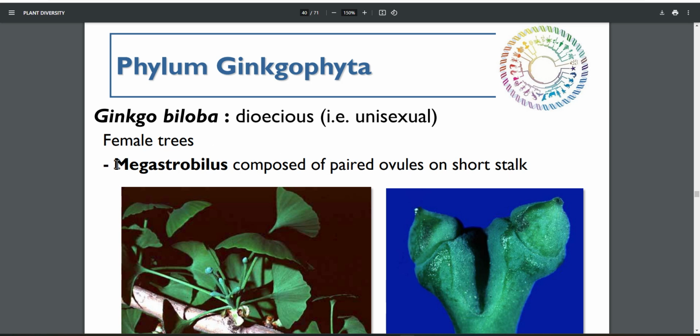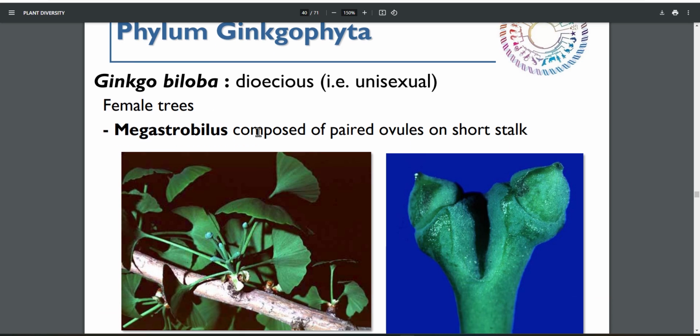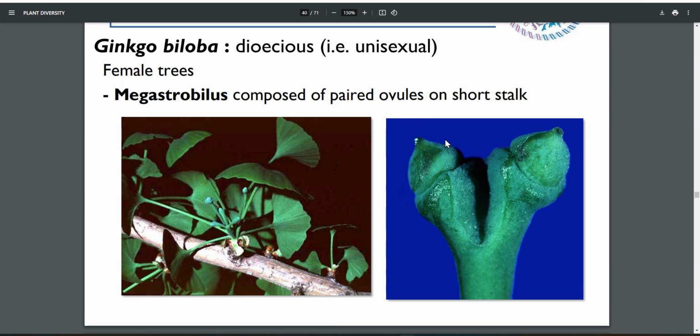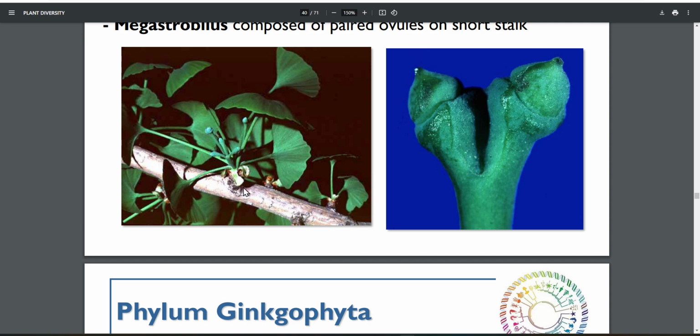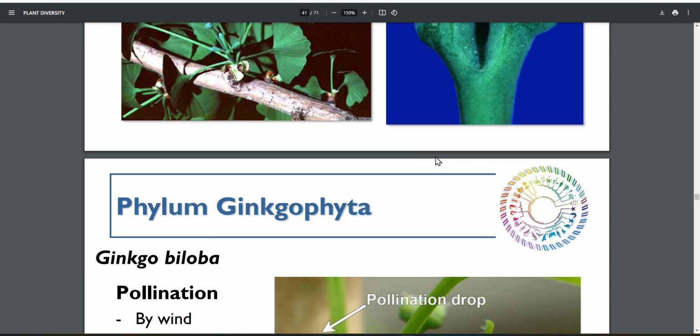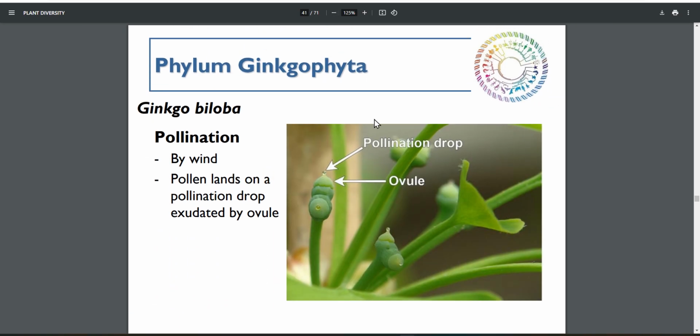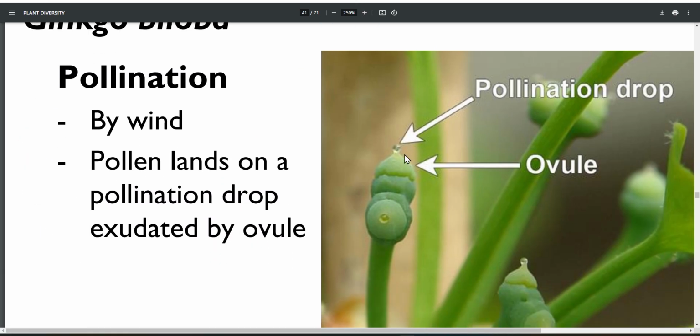All right, for female trees, we have the megastrobilus, and it is composed of a pair of ovules, this and this. These are the ovules on a short stalk. So this stalk, this entire thing, that's the stalk. For pollination, the pollen of ginkgo is dispersed by wind, and the pollen would land on something called the pollination drop. This is a drop of sticky liquid produced by the ovule to trap pollen, so they can actually stick to the ovule